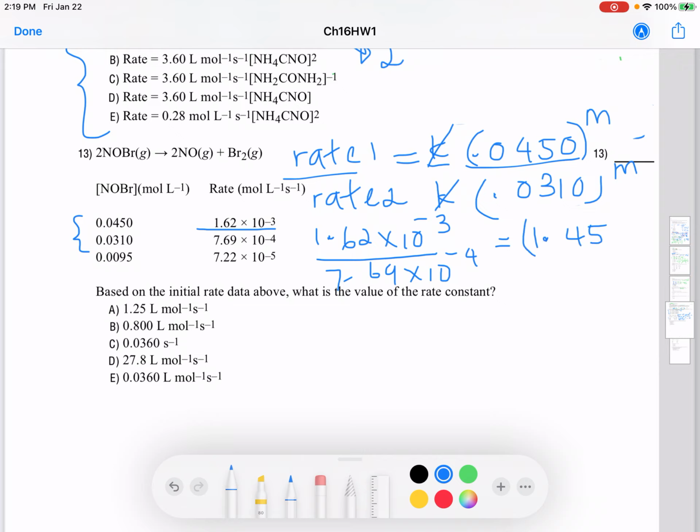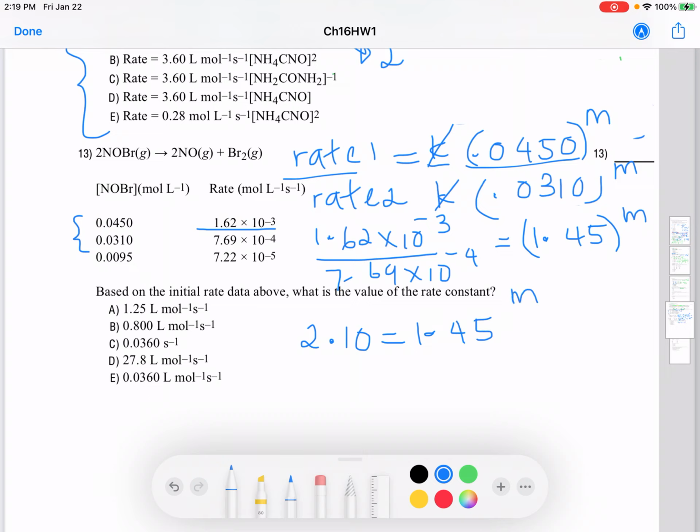Do these calculations with your calculator and see that the answers I'm getting are the same as what you are getting. Okay, and if there is any mistake, please feel free to let me know. So 1.62 over 7.69 times 10 to the negative 4 comes to 2.10 on the left side. 2.10 equals